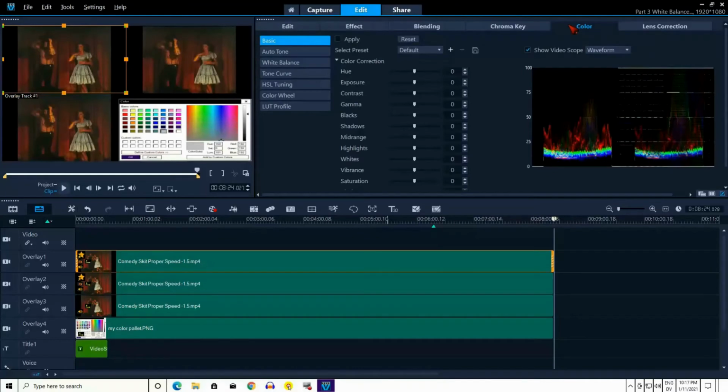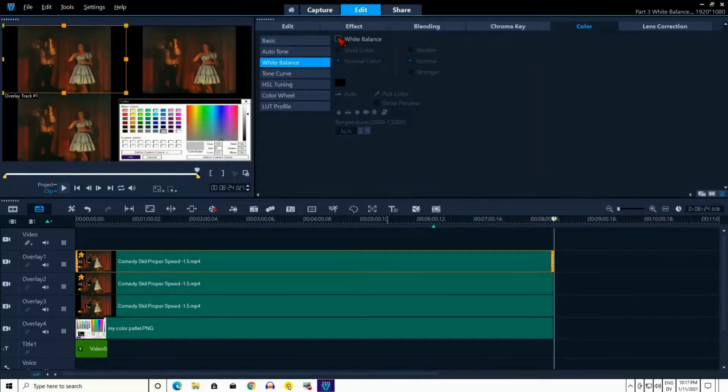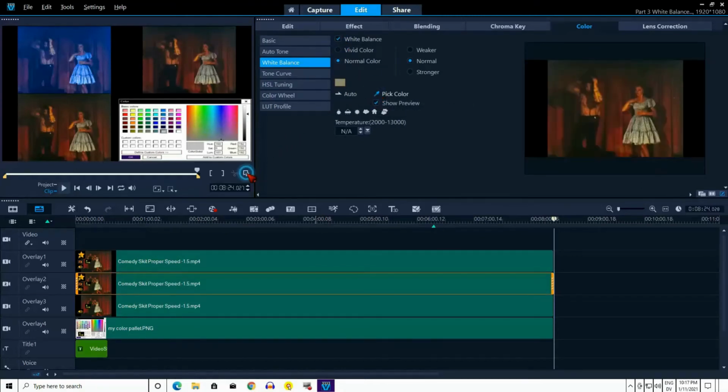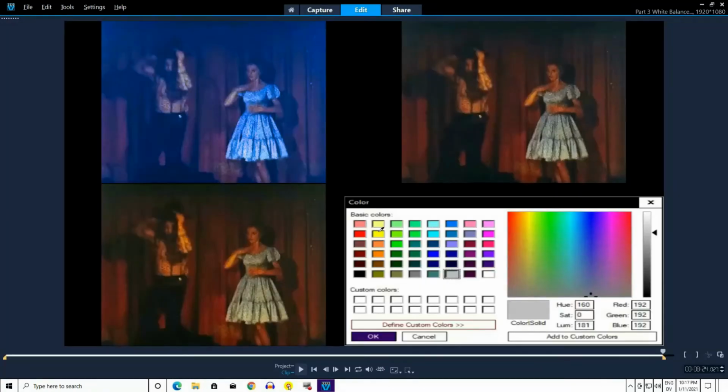Now I will change the color temperature to the film on the top left. This film needs it changed as far to the cool side as allowed, which is 2000 degrees. On the film to the top right, by applying the eyedropper, using the palette just created, I will change its white balance. The film to the left is just a reference to compare the results. The film on the bottom left is so we can see what we started with.